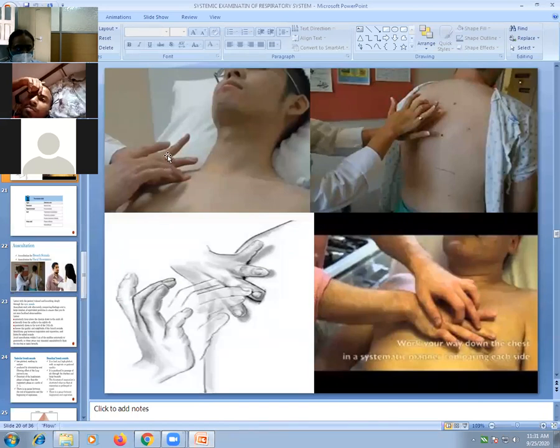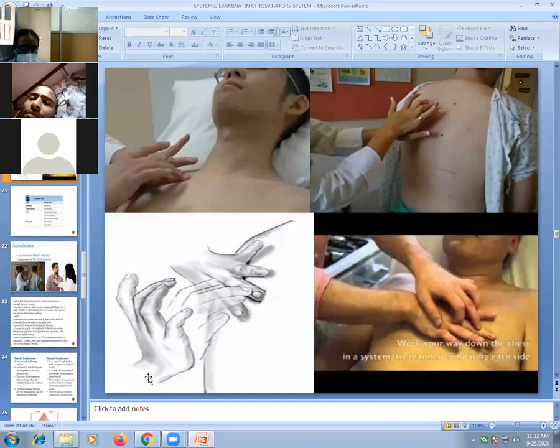The middle finger of the examiner's left hand is kept over the intercostal space, flat and tightly opposed to the chest wall to remove the air pockets. Other fingers should be off the chest wall. Now, the middle finger or the index finger of the examiner's right hand is used to tap the middle phalanx of the middle finger of the left hand, that is the fleximeter. So you can use either index finger or middle finger for percussion. See, this is the middle finger which is used for percussing the middle phalanx of the fleximeter.